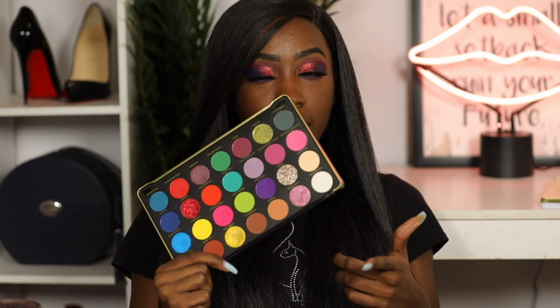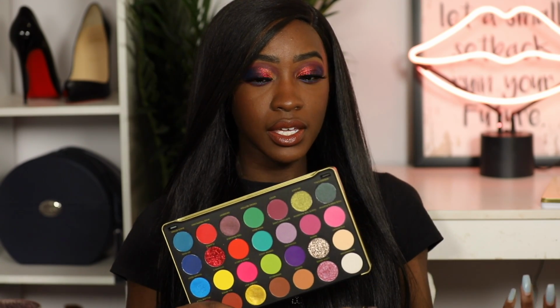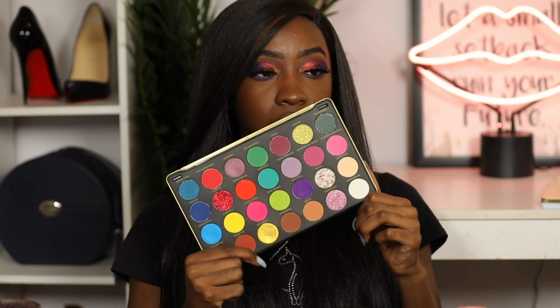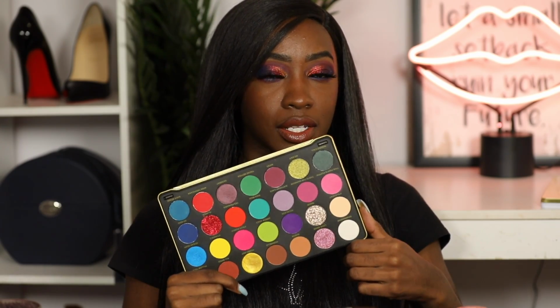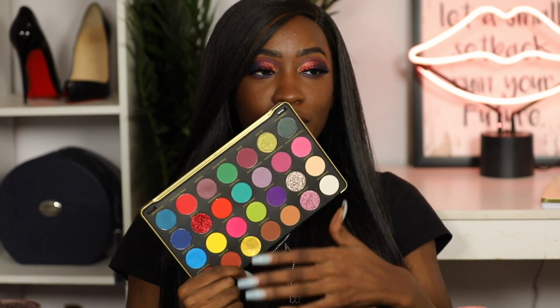But other than that, again, I like the mattes, I like the shimmers, I like the pressed glitters in this. You really hear me saying that there. It makes me wonder though, since it is kind of like the ColourPop ones, if you have to treat it like the ColourPop shadows, where you gotta really tighten the lid so that it doesn't dry out. So I'm wondering, how hard can you shut a lid? But y'all know what I mean here. It's probably not the best thing that I have it all out in the open like this. That's the only thing I would think about here. But other than that, you know,